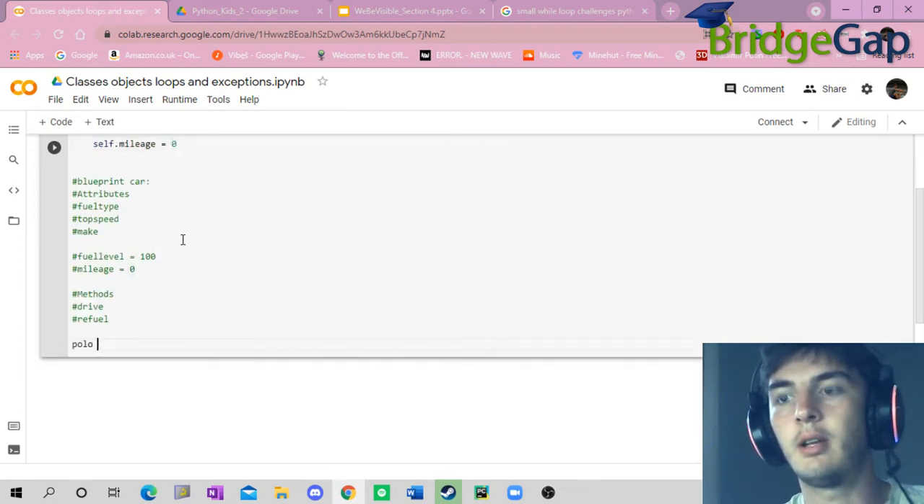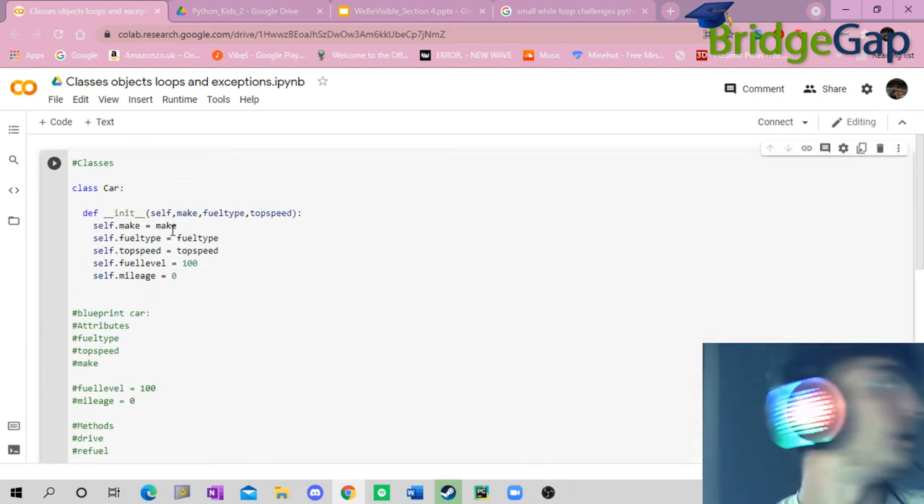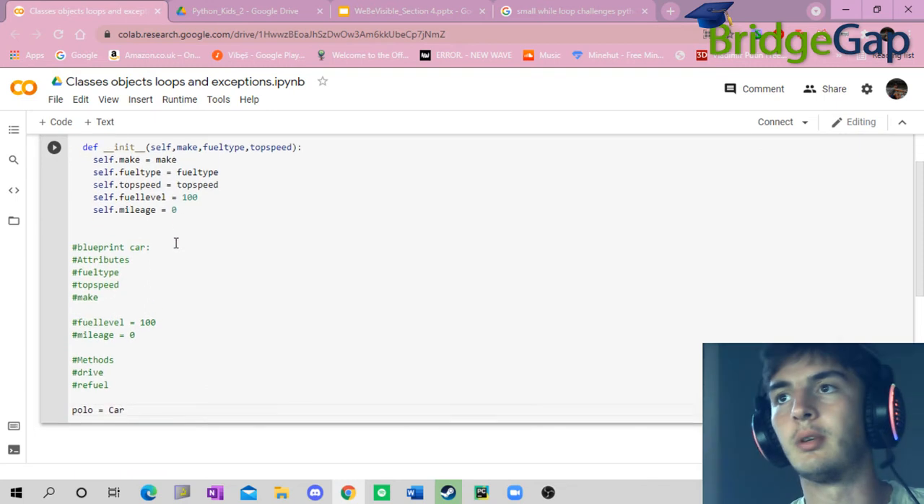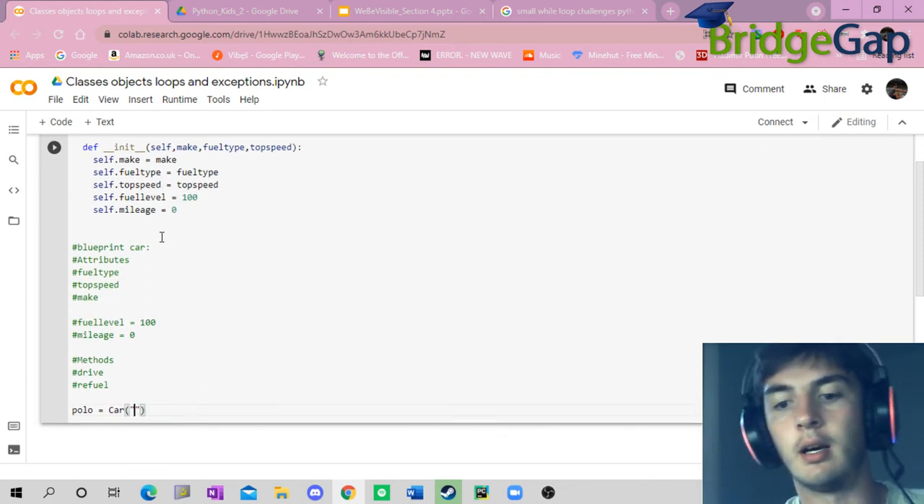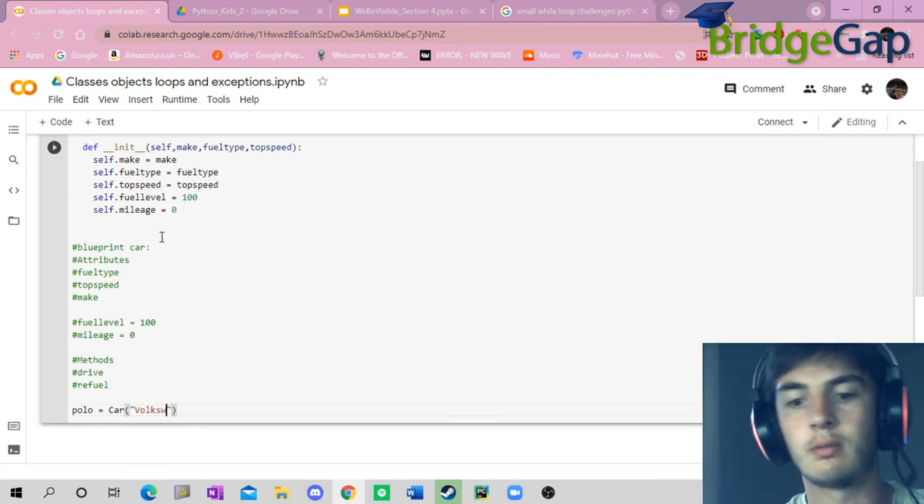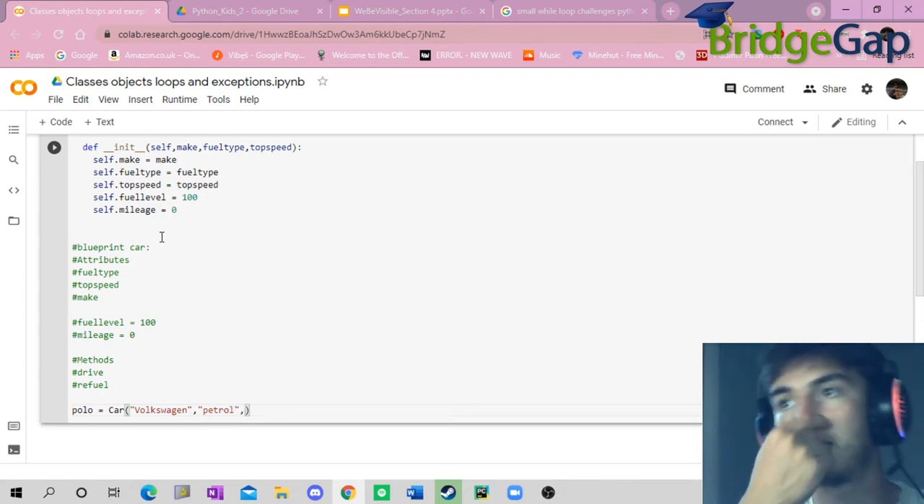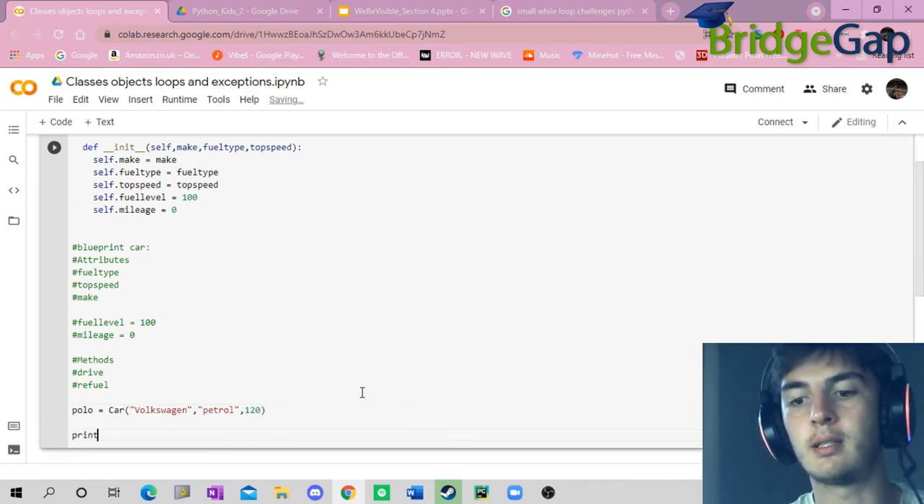We're going to say polo equals car and in here we're going to put Volkswagen, it's petrol, and its top speed is 120. Okay, and now if we simply print